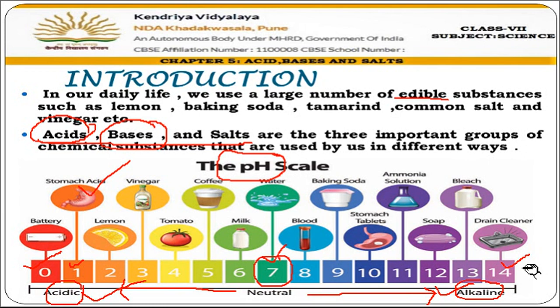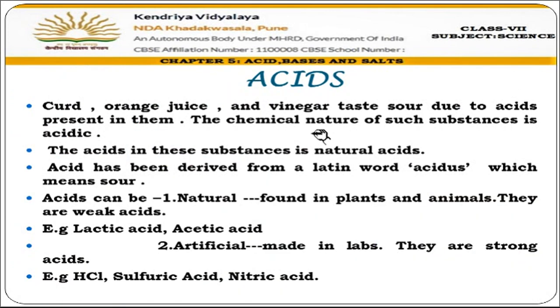And the one which is neither acidic nor basic is neutral in nature, and its pH value is 7. Now let us begin and see what acids are first. Here, I have quoted some examples: curd, vinegar, orange juice. What is the similarity in all of them? Can anyone guess? Yes, the similarity is that